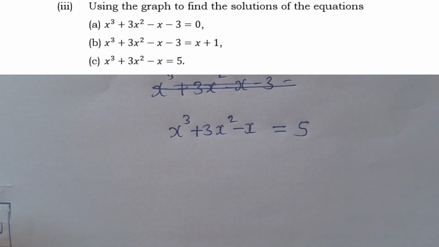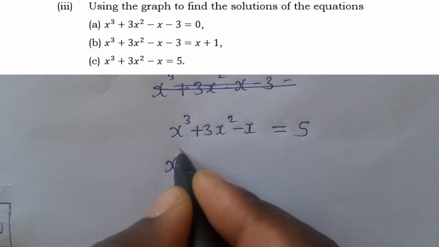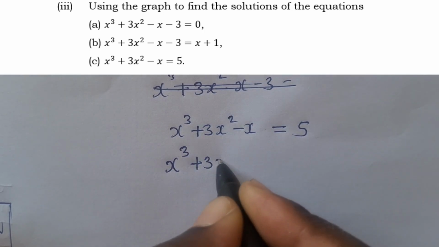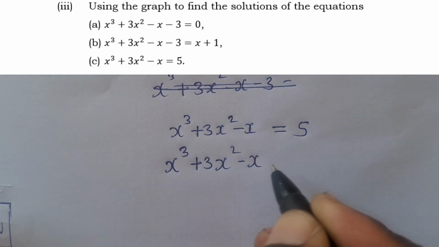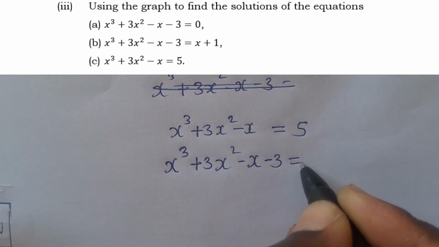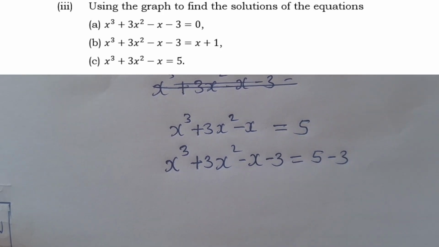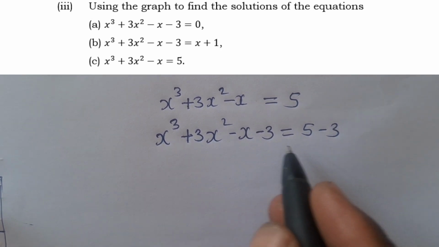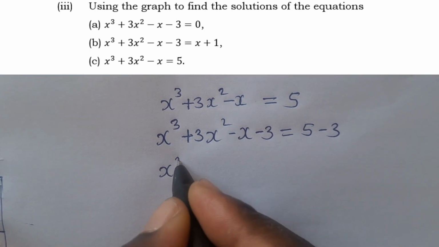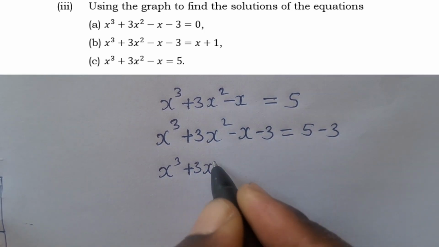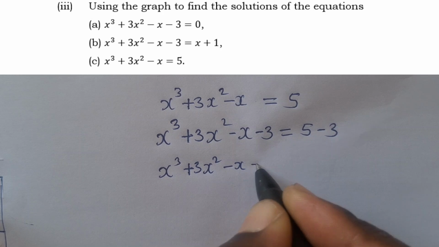You said that we make it similar to the question. You make it similar, isn't it? Yes. So you make it similar to the original question. That's what I said. So this is how it's going to be. And then we say minus 3 equal to 5 minus 3. So this will be x power 3 plus 3x power 2 minus x minus 3